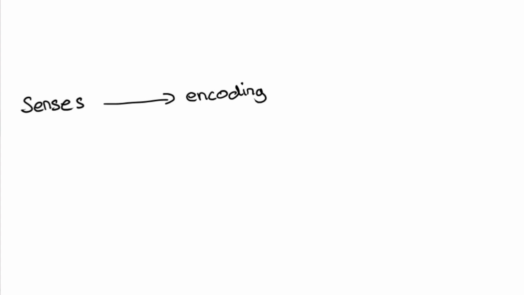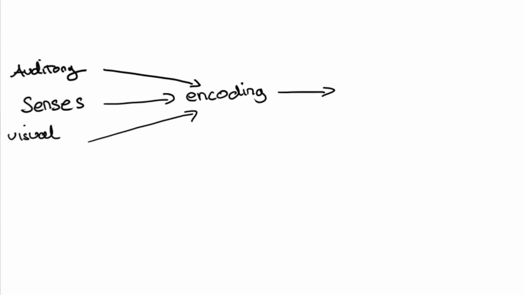But how is information stored in the first place? Let's talk about that for a minute. Essentially, information is stored via our senses, a process known as encoding. It allows sensory information, such as auditory and visual information, to be transformed in a way that allows it to enter memory. There are several ways to encode information, but for now, I'll only mention the three that you'll likely